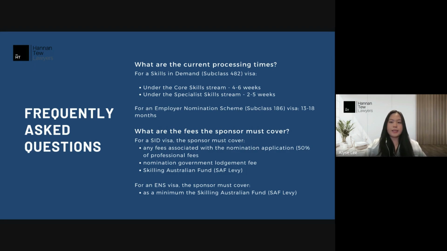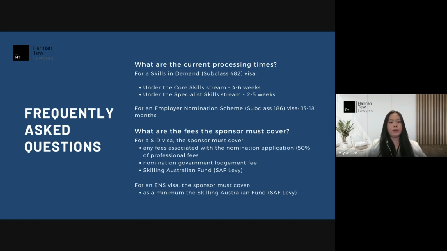Our understanding is that there are currently 2 processing teams working on the applications, one processing pre-December 2024 applications, where extra resources have been allocated to address the backlog. Another team is processing those lodged after December 2024. The new applications are subject to a shorter service standard, where it is a complete application, so health and police clearances and all the requirements are met and lodged with the application.